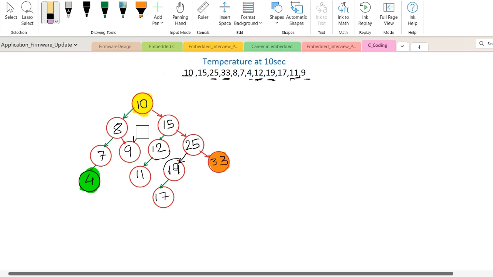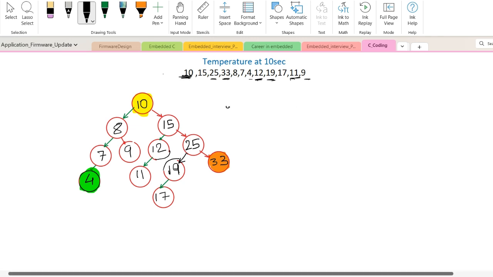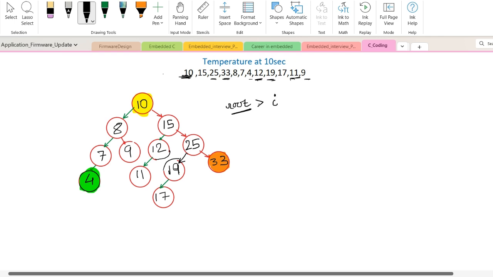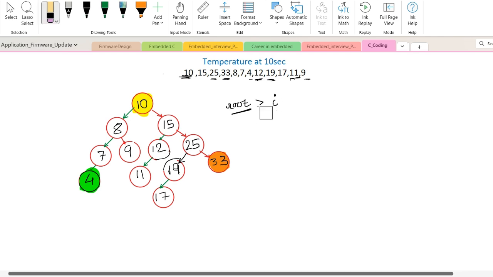Okay. So I hope this arrangement is clear to you guys. So I have applied a simple rule. So whatever is the first element, that should be considered as root in the tree, and whatever will be the next element, we have to check if that element is greater than root. Okay, so if I check that element as I, so I need to check if I is greater than root or I is less than root. If so, the condition will be very simple. I less than root, place on the left. I greater than root,